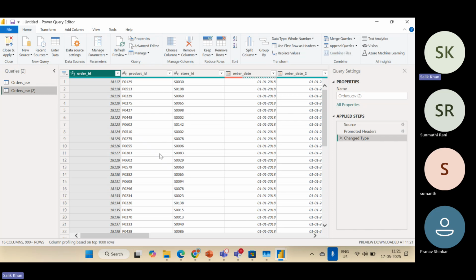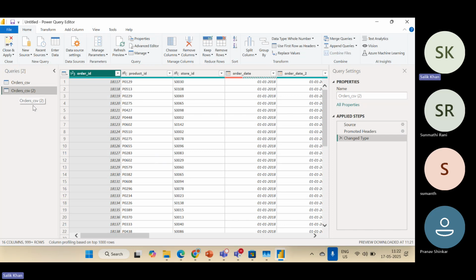It's where you can clean the data, transform the data, and prepare your data before loading into Power BI. You will notice a few things right away, like the previously imported file order CSV is already here, and there is also the second instance, the order CSV2, which we just brought in through the transform